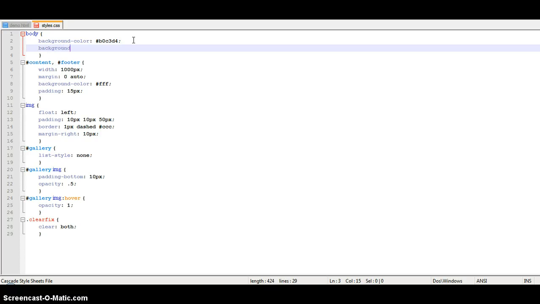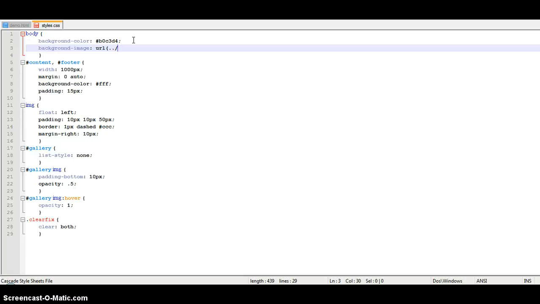So what we would do here is we would have background-image, and the syntax is background-image, followed by url and then the path, the relative path or the absolute path. Now the difference between those two is this. An absolute path is going to include the HTTP, the www, and it's going to be how would I find that file if I just wanted to copy and paste a URL into my browser and find just that image file. A relative path starts from the location of the CSS file